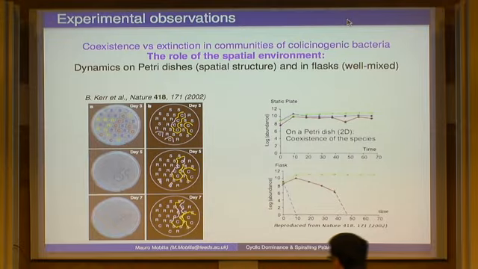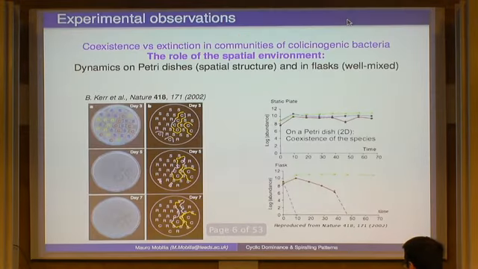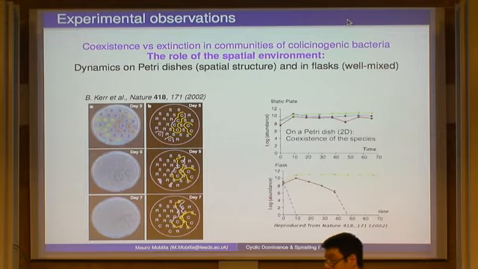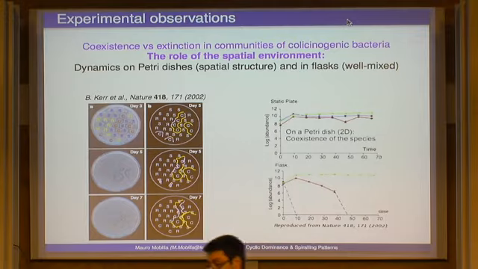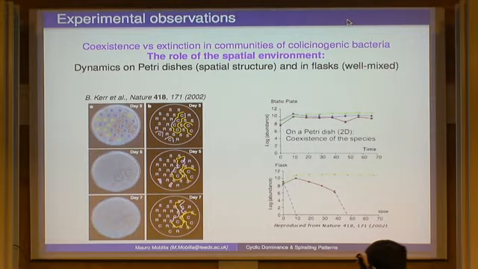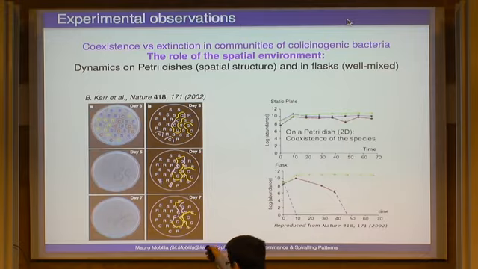So in flasks, what they realized is that very quickly, one species dominates over the others, and two go extinct. Here, it is the resistant strain that survives, and the two others go extinct very quickly. Whereas on petri dishes, it turns out that for a long time the three strains coexist, and they form some sort of clumps and patches here, right?